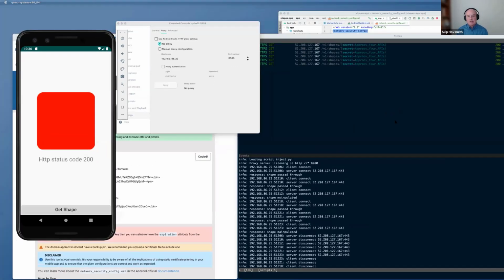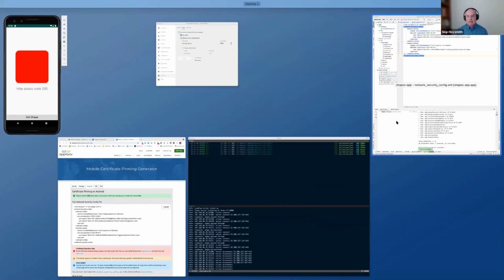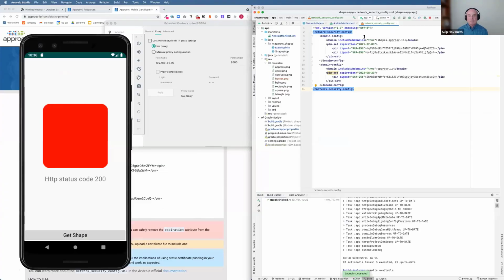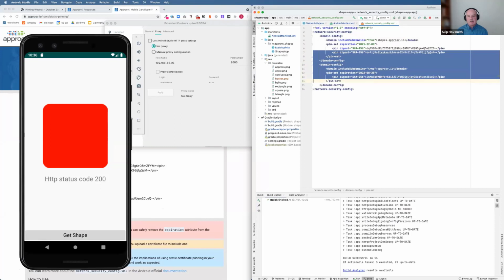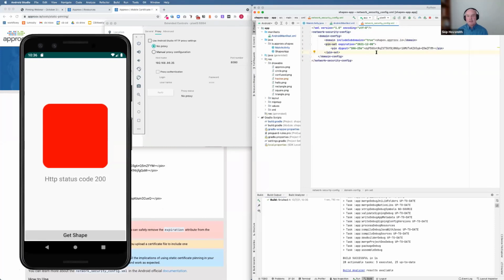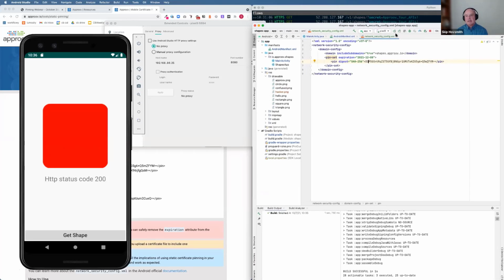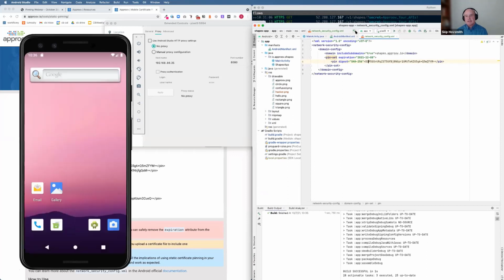Now, one issue with this is a simple static pinning. If you were to only rely on one pin, in this case, the leaf certificate here, and that pin were somehow to get corrupted in some way, we just changed to those, and we're going to go ahead and stop and rerun this.